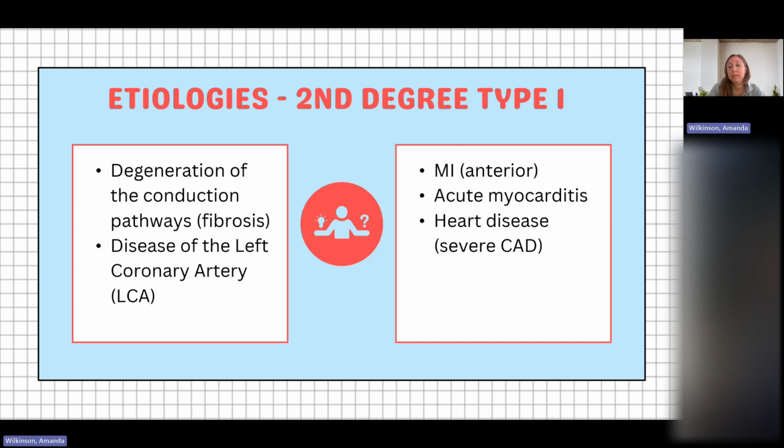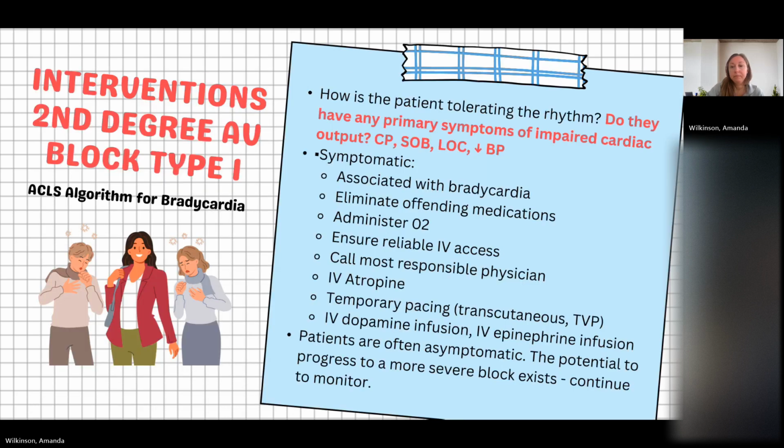Sometimes it's transient, especially in younger patients or with reversible causes like infection or ischemia, but it's still something we need to monitor closely. So when we see this rhythm, again, our very first question is: is our patient tolerating it? If they're asymptomatic, we still monitor, but we stay alert because Wenckebach blocks can sometimes progress to a more serious